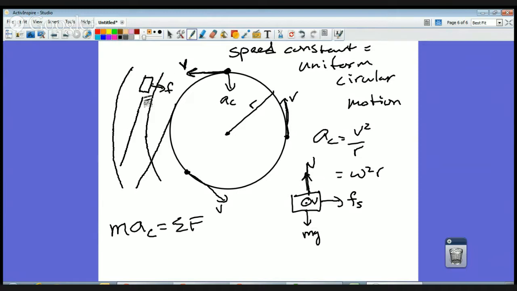So to make it not do that, you must have some force pushing towards the center, and that's friction. It's basically trying to slide sideways, but we're not letting it, or the road and the tires aren't letting it anyhow. So in that case,